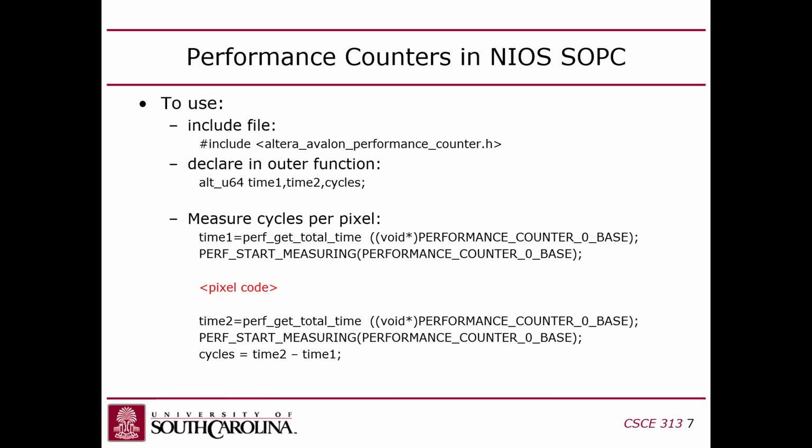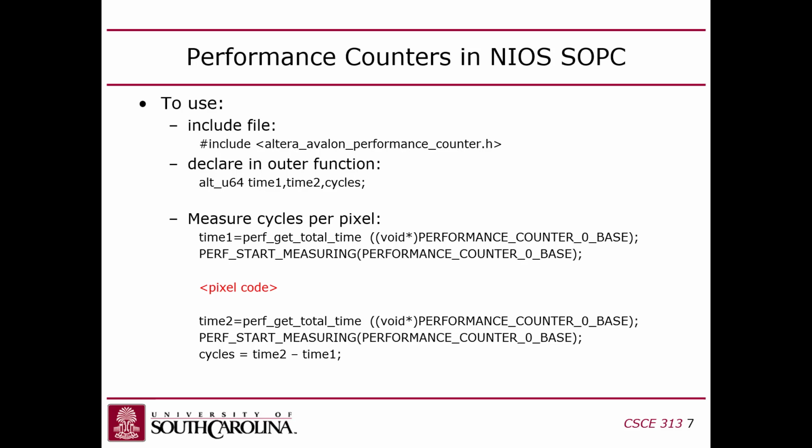Okay, so the way you use that thing is really simple. You have to add an include file for it, as you do whenever you add a peripheral. Except actually for the floating point instructions, you don't have to add an include file because the compiler exposes that functionality on your behalf. But this is a traditional peripheral. So you include altera_avalon_performance_counter.h, and then you have to declare some place to put the cycle count. The cycle counters are 64 bits,